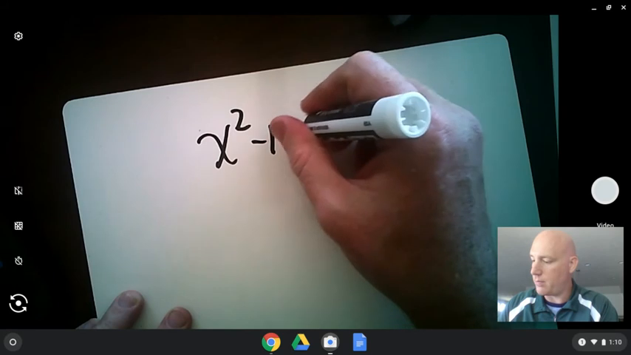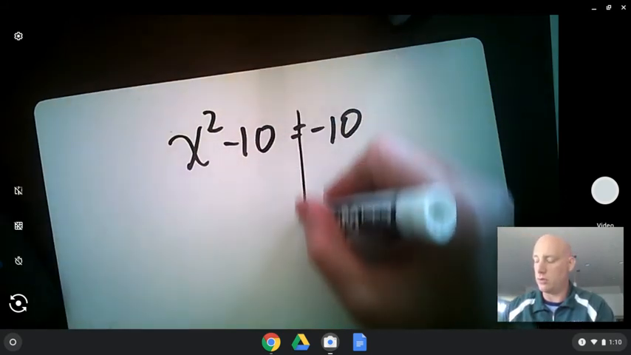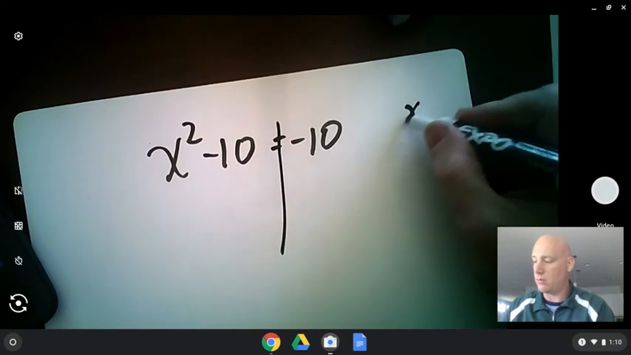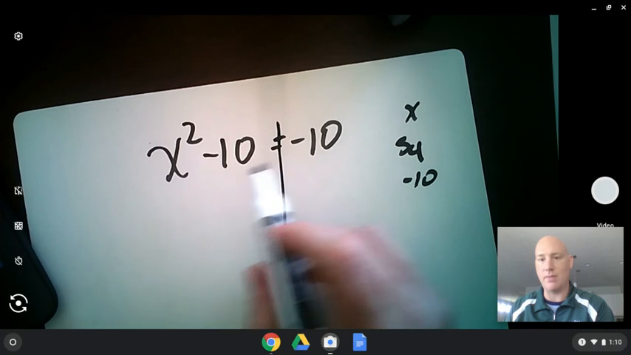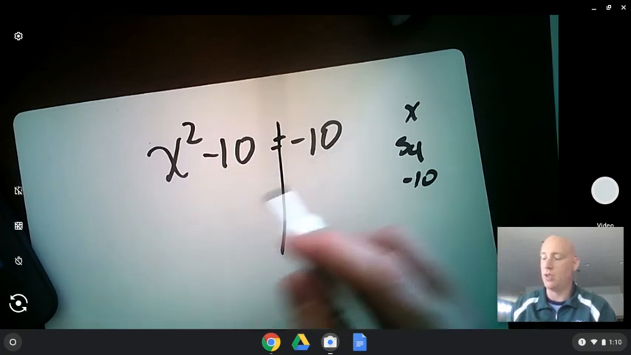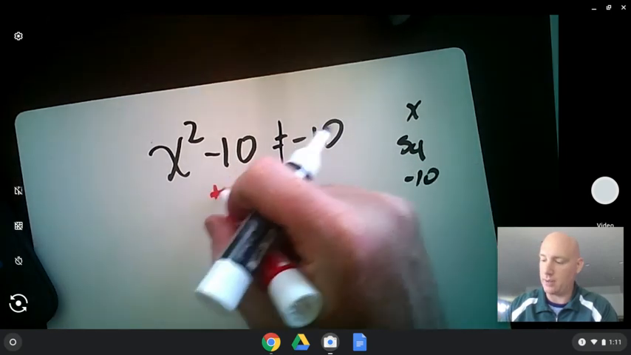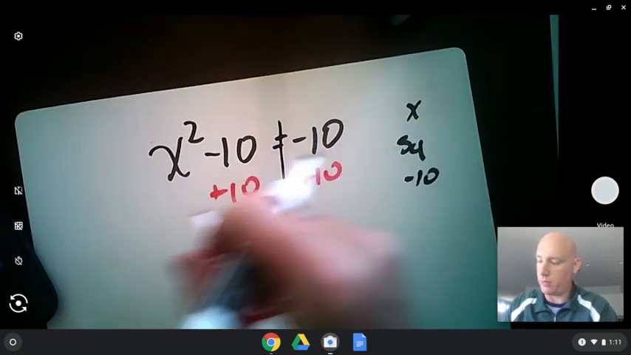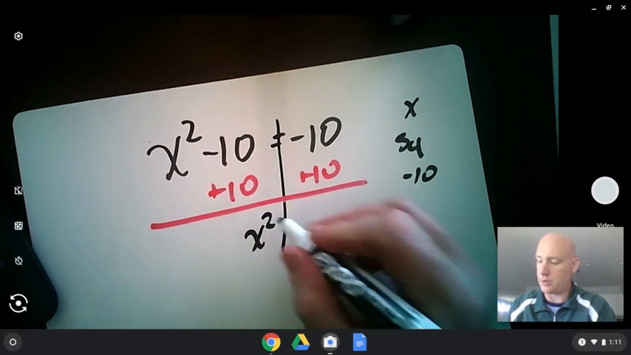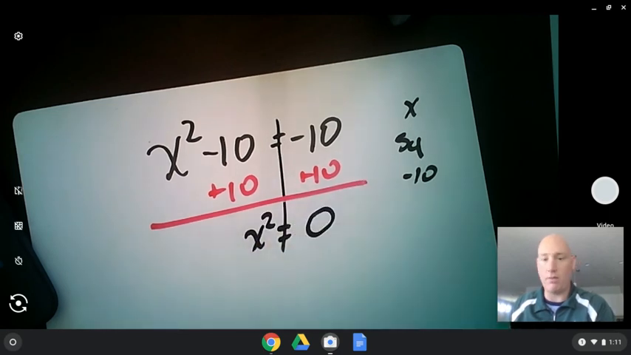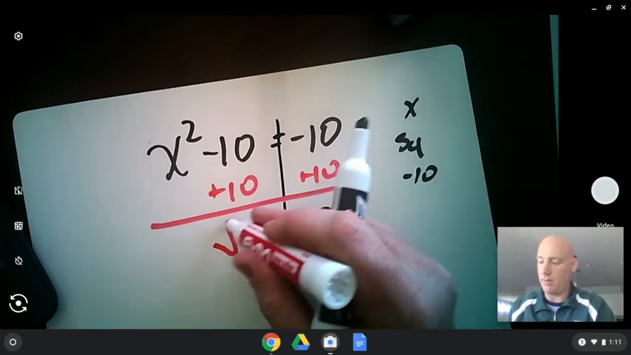x squared minus 10 equals negative 10. Okay, so x was first squared and then subtracted 10, and it was meant to equal negative 10. So now my first step, undo minus 10 by plus 10 to both sides. You're left with x squared equals 0. That's fine. Now the opposite of squaring is square rooting. Square root both